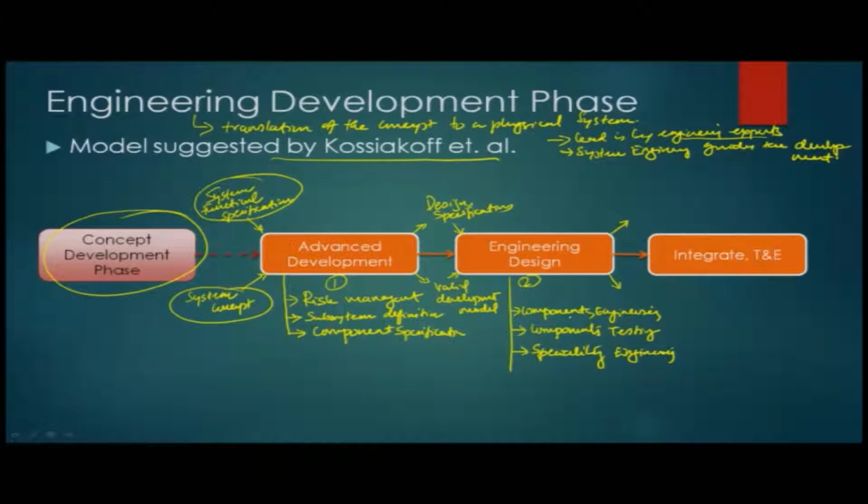The first output is the testing and evaluation plan, usually called the TE plan, and the other output is the engineered components, the different components of the system. So, this is where you can think about the recursive and iterative applications of systems engineering happening. So these two outputs become input to the third phase, which is integrate, test and